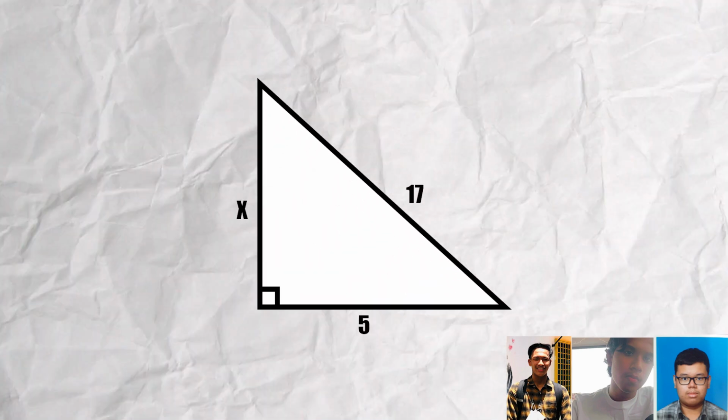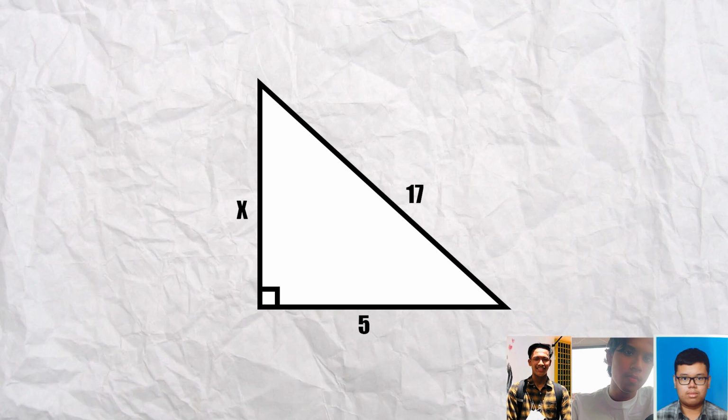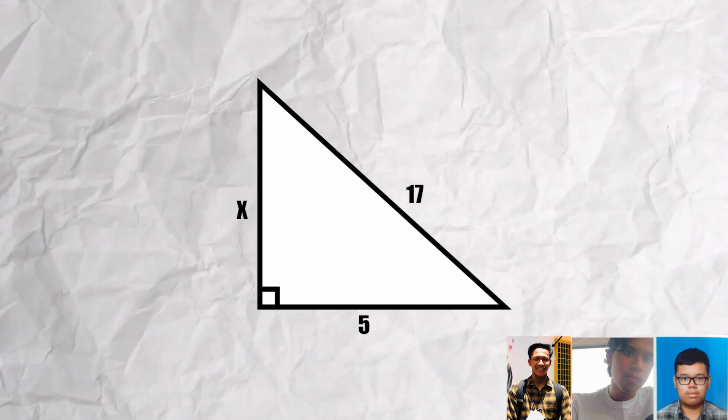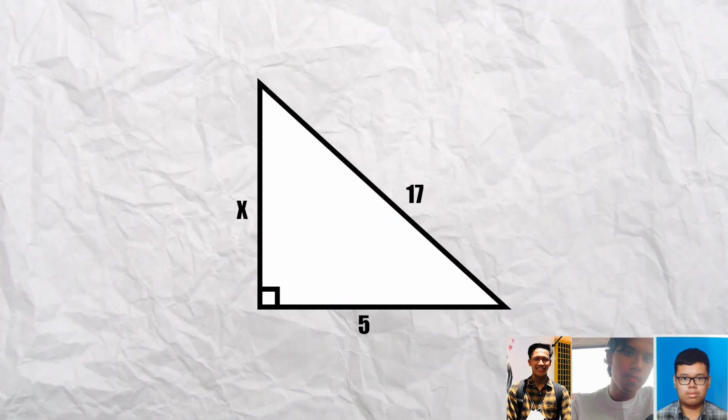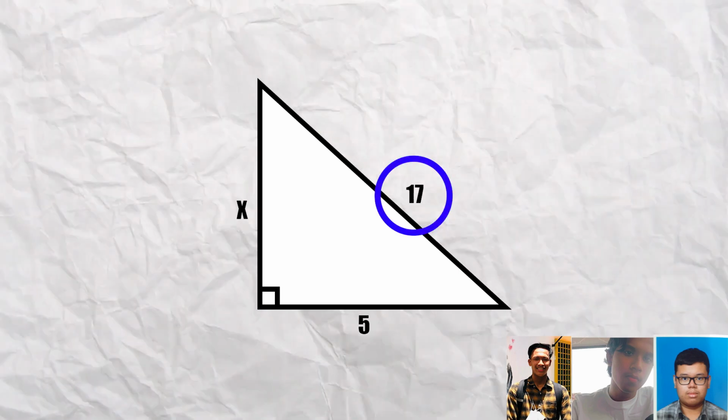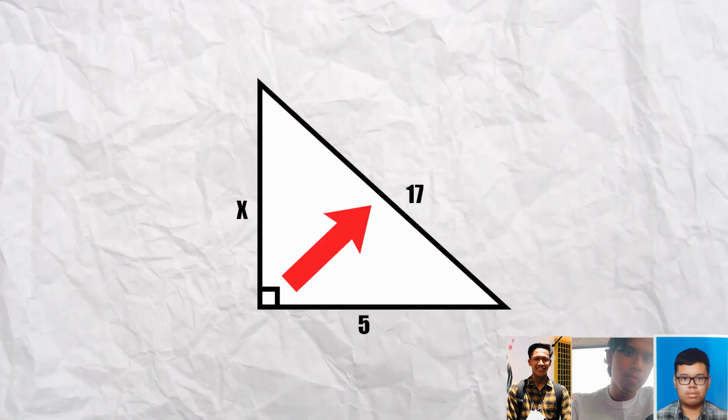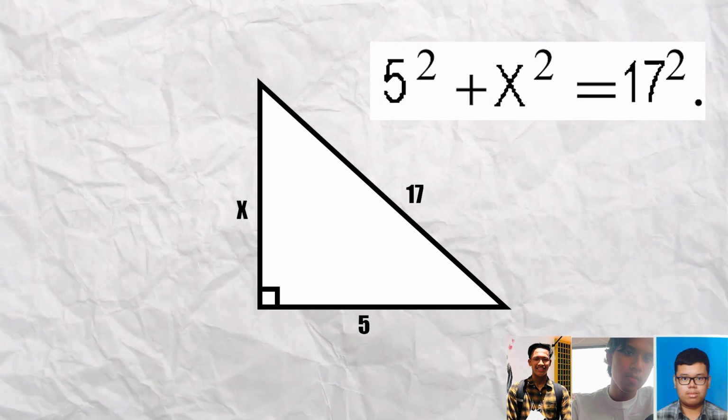Here's an example of a question that uses Pythagoras' theorem. As you can see, there's no theta, 2 sides of the triangle are given, and you need to find the third. First, know what you have and what you need. Identify the hypotenuse, remember, opposite of the box, slap it into the formula, put in the other 2 values, and